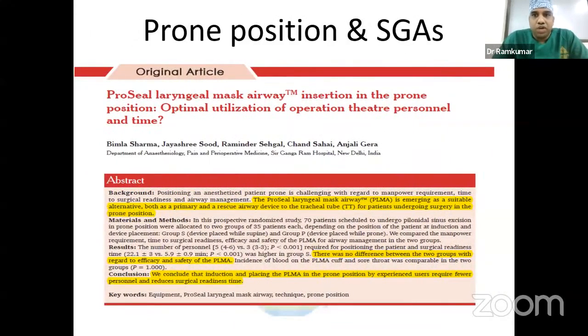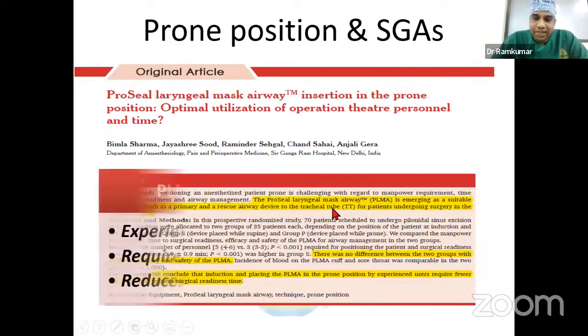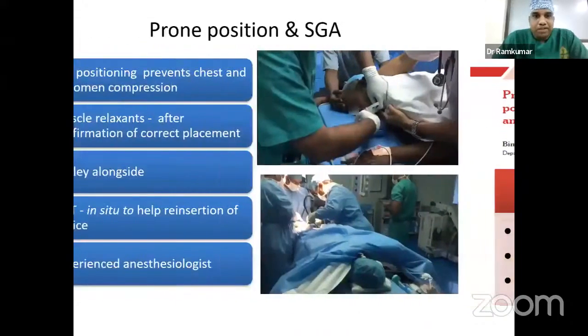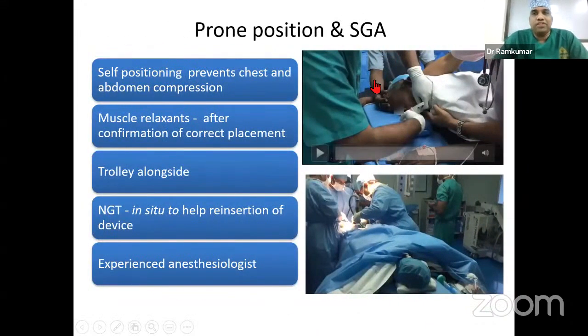Coming to the use of a supraglottic device in a prone position, while doing research on it, I found an Indian article where the ProSeal LMA induction is done in a prone position. They wanted to show that it required fewer personnel in the theater and reduced the surgical readiness time. But I wanted to show that if the endotracheal tube displaces in a prone position, we shouldn't go mad. You can always mask ventilate, or you can insert a supraglottic device in a prone position,